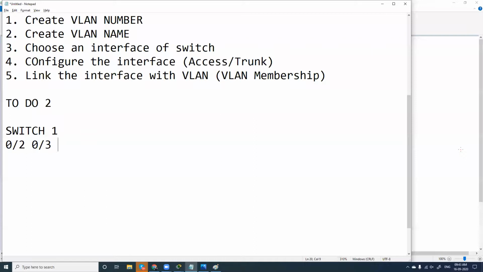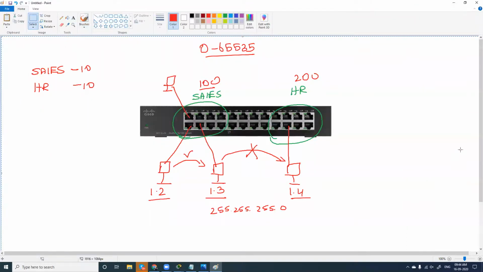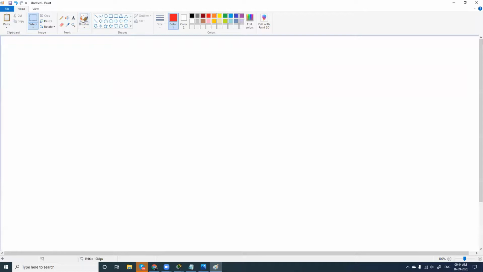We'll configure these 2 ports to sales VLAN 10, and we'll take 0/4 and 0/5, these 2 interfaces, as HR VLAN, which will be 20. After this, we'll try to ping from one computer to another computer.